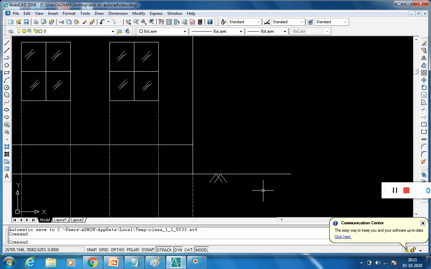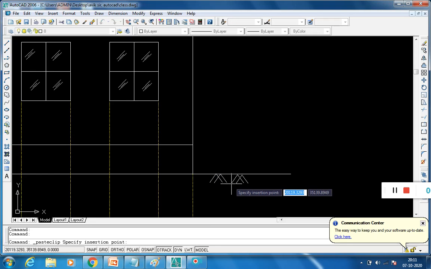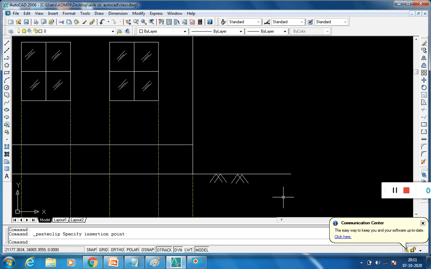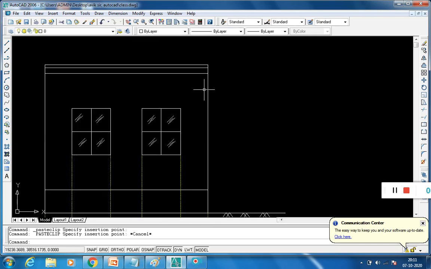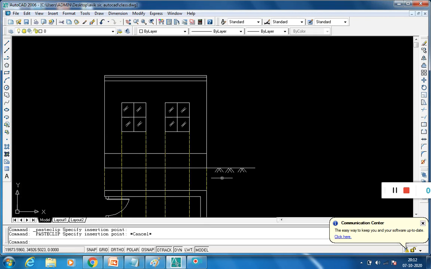Again you paste. Then these 4 lines I copy, Control C, then Control V. Again Control V. So this is a symbol of earth.